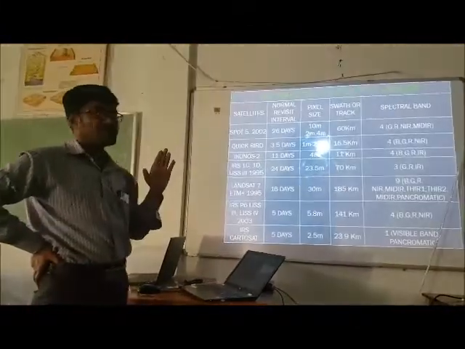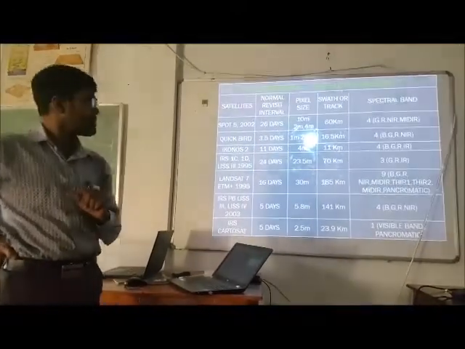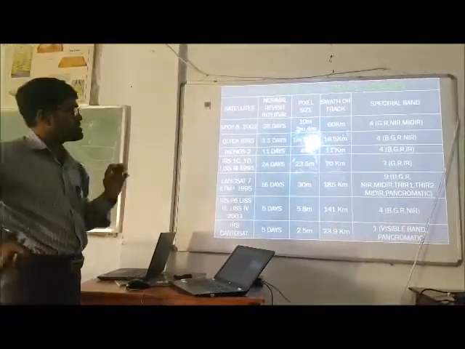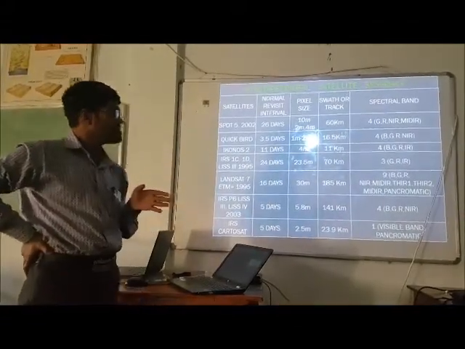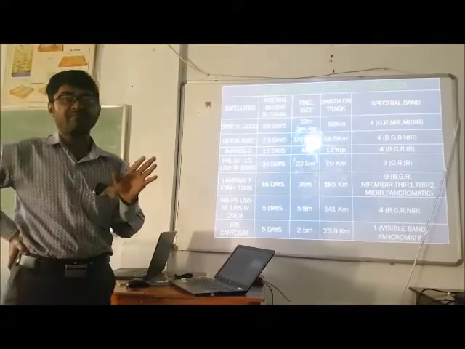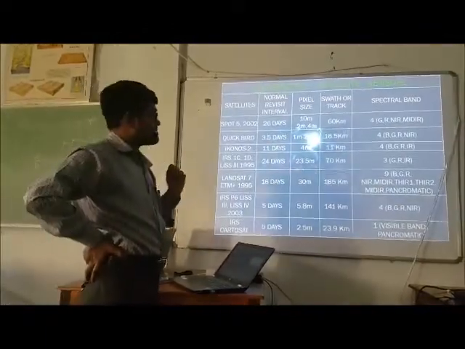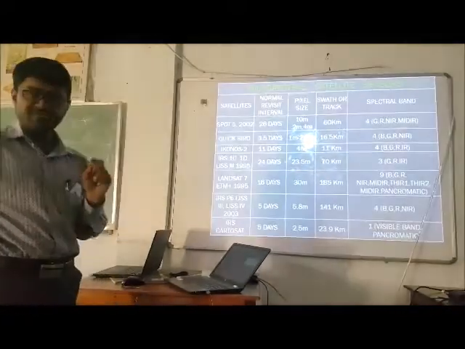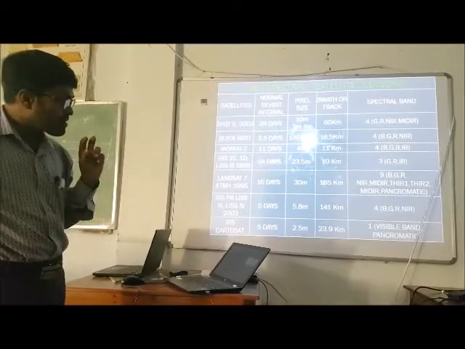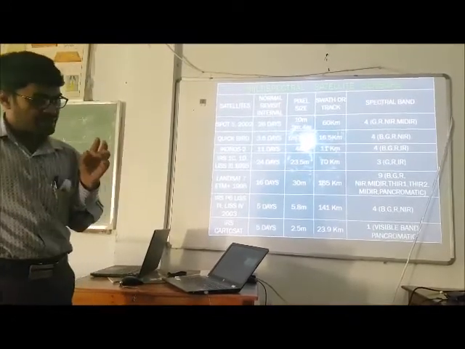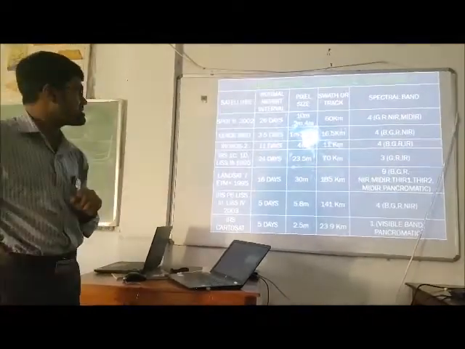The swath or track width is 60 meter and it captures 4 bands: green, red, near infrared and middle infrared. So from this image we can prepare a standard false color composite and we can demarcate bare soil area from the middle infrared band.